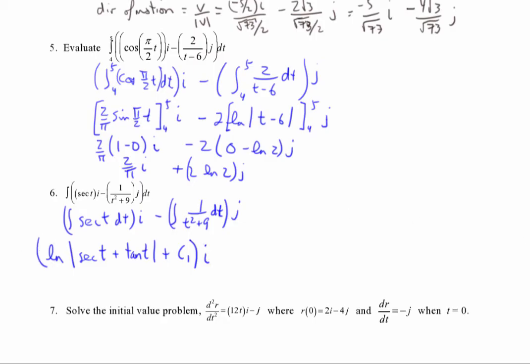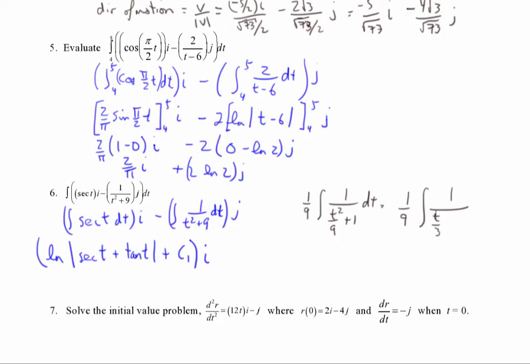Now we need to integrate this one. I'm going to do this over the side. I'm going to factor out that 9. Hopefully we recognize that it is looking like an inverse tan. So I have 1 over t squared over 9 plus 1 dt. And then that can be written as